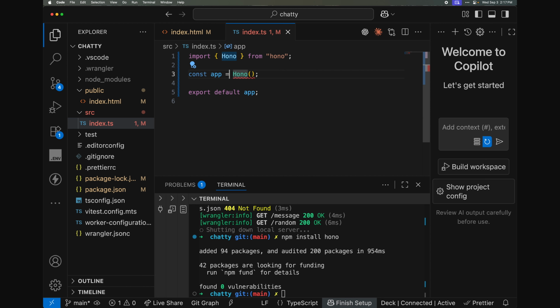Oh, it's a new Hono. Const app equals new Hono. This code is available if you need to copy and paste. I know that sometimes it can be hard to hit exactly what you're trying to do here. So I'm going to make a new app, and I'm going to return that app. And we're going to do